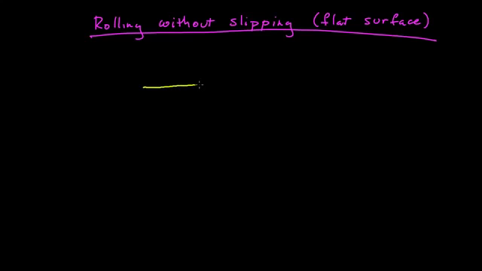Okay, so I am going to assume throughout here that I have a flat surface. And now I have a round object, could be a cylinder or a ball, and it's going to be rolling without slipping on this surface. If it's rolling without slipping, that means this object is rotating. So let me pull it away from the ground for a moment. If we go into the reference frame of the center of mass of this object as it's rolling, what we see is it rotating around in a circle. So it's a rotating object. It has some angular frequency, its angular velocity, we'll call it